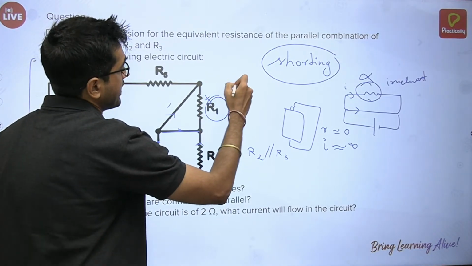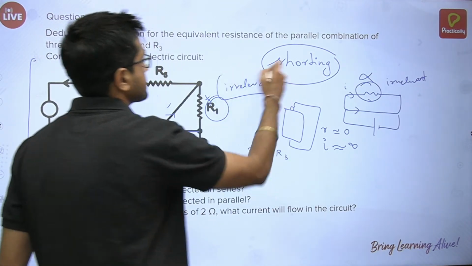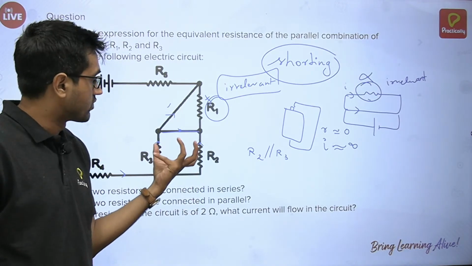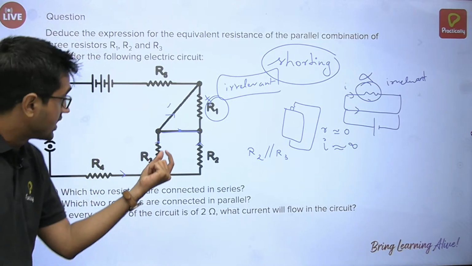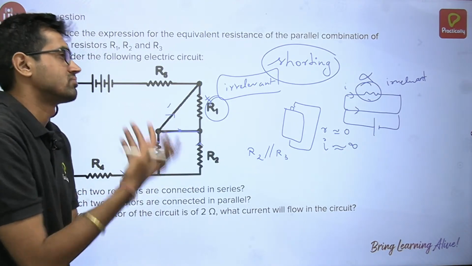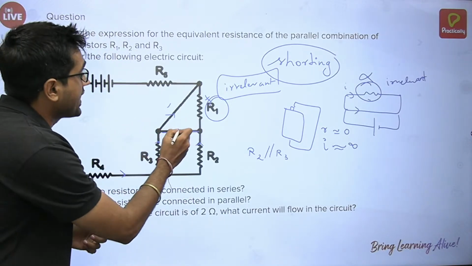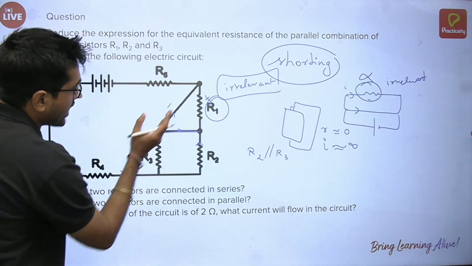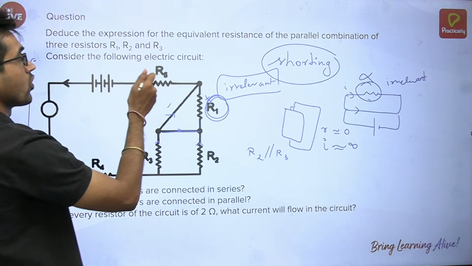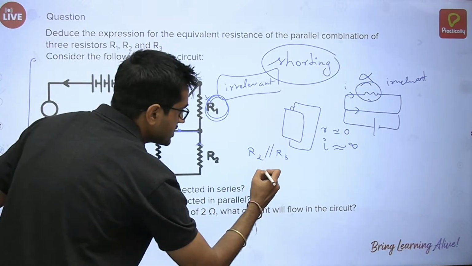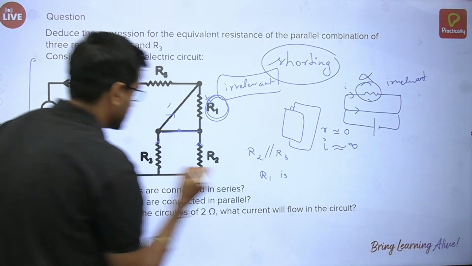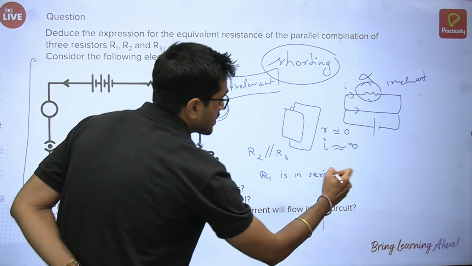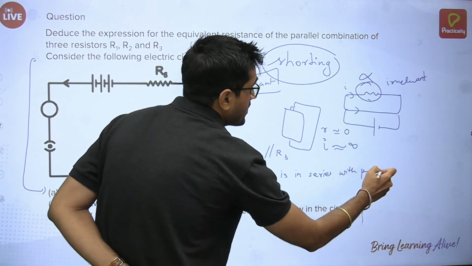And will not flow in this. So this is irrelevant. This is what you have to understand. Now this simply implies that the moment the current enters both the resistors, it combines. Now this current follows the free path or the shorted path. The shorted path it takes, this becomes irrelevant and hence it flows through the resistance R5. So basically R1 is not relevant; R4 is in series with the parallel combination